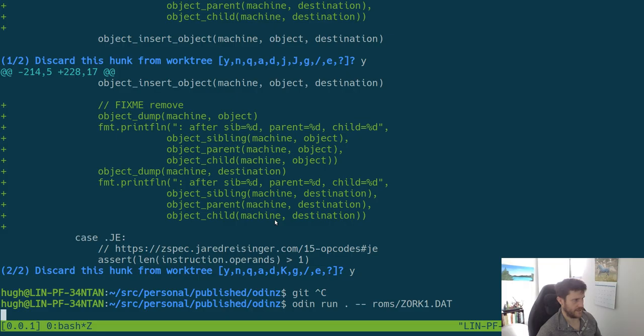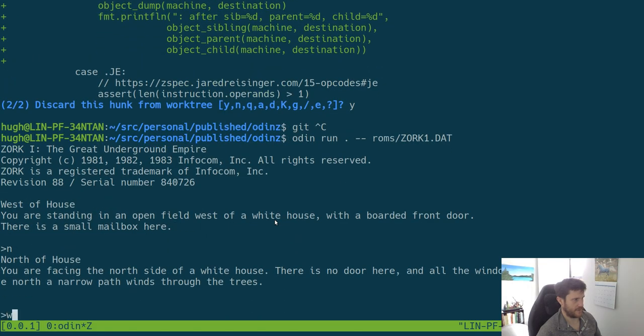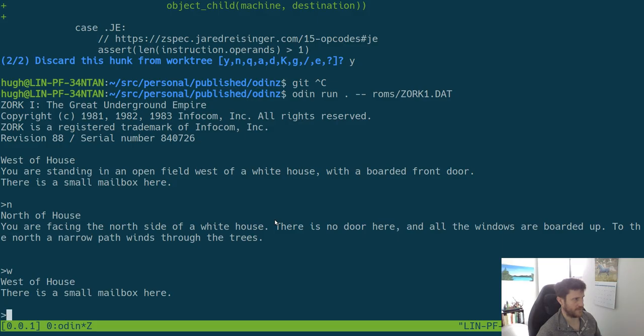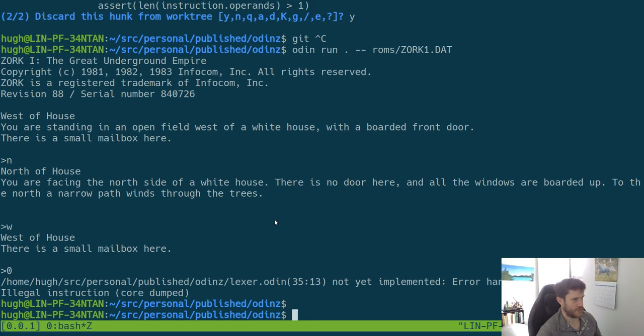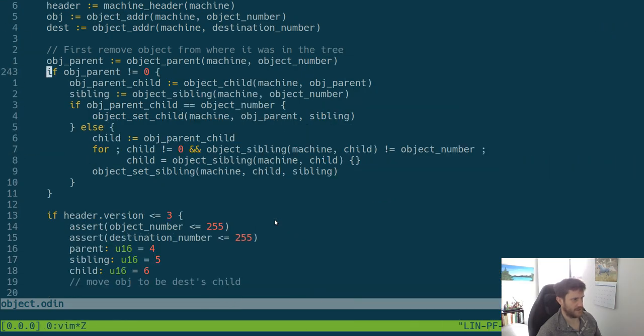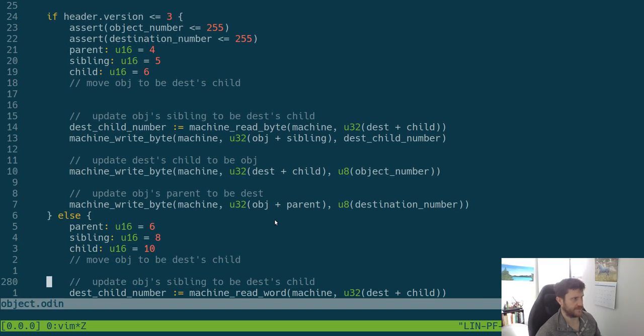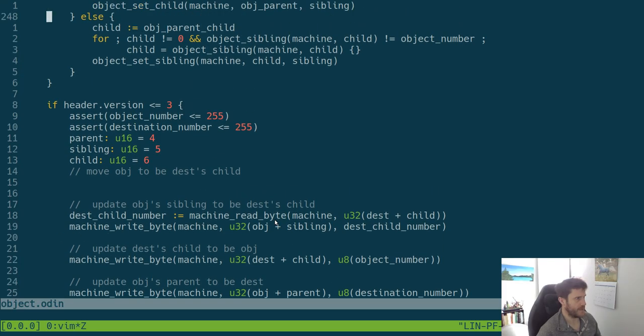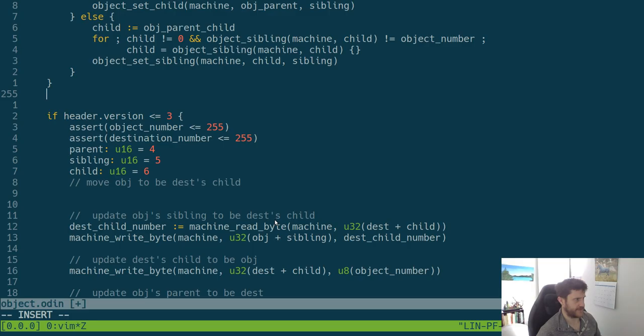And if we run again, we can go northwest. Sounds good. So at this point here, yeah, I want to kind of get rid of all of this stuff, because I can probably just kind of get it,